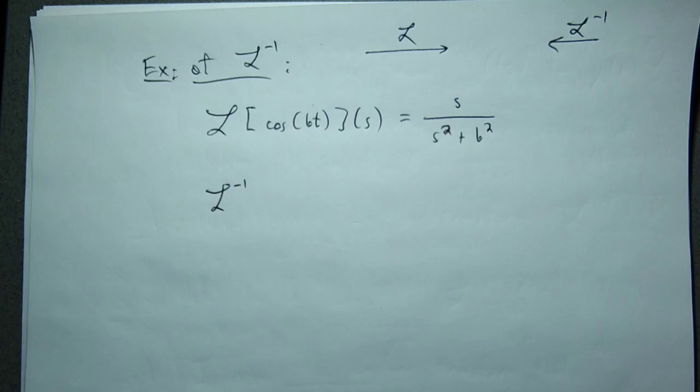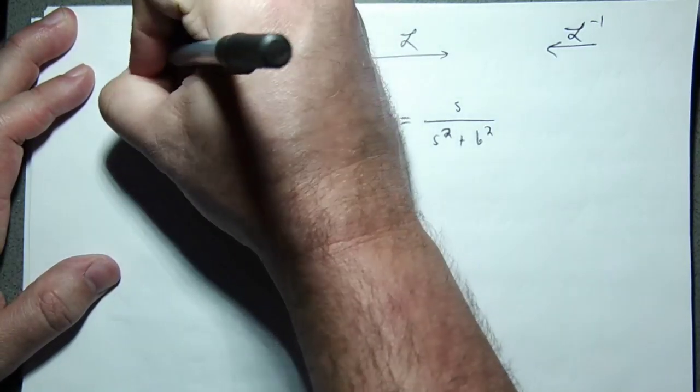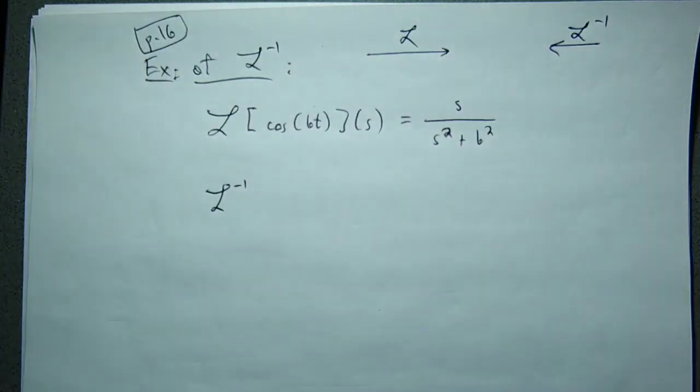You don't need a Laplace transform table and an inverse Laplace transform table, even though the textbook and the online notes do have a list of inverse Laplace transforms somewhere. Page 16 is their list. Maybe I should write page 16 here if you want to check that out. But you don't really need that at all, and the reason why is if I have a